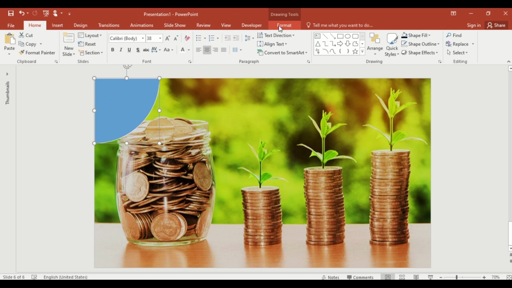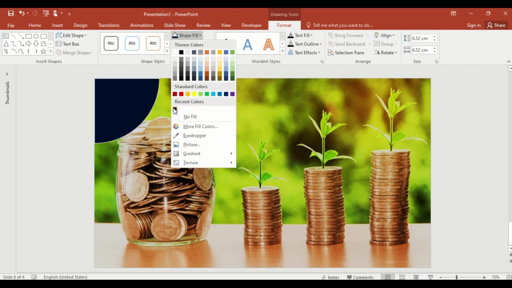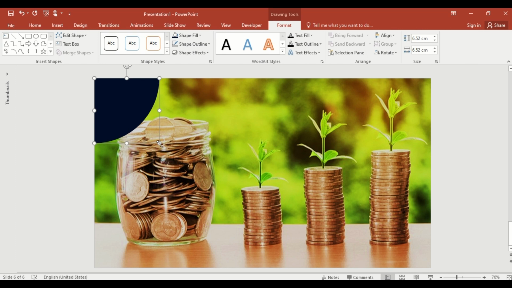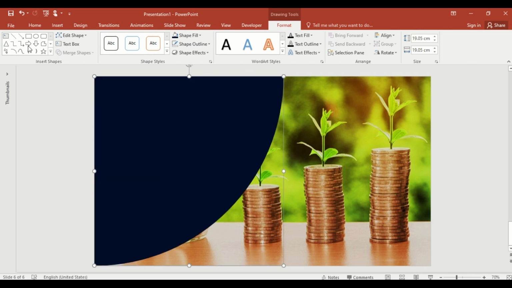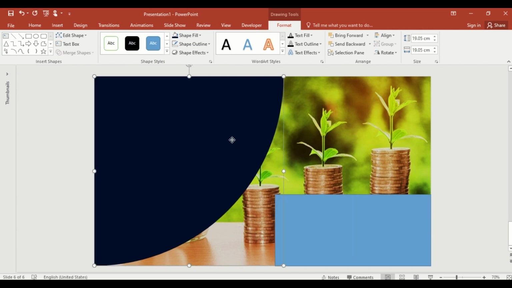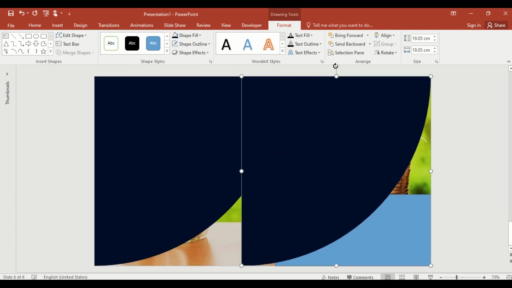Go to Format, select Color from Shape Fill and remove Outline. Now, let's customize your shapes. Add a rectangle shape, drag it, select and duplicate it using Ctrl-Shift, slightly rotate